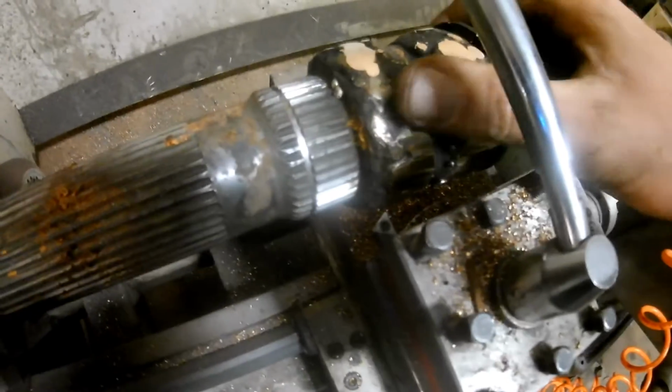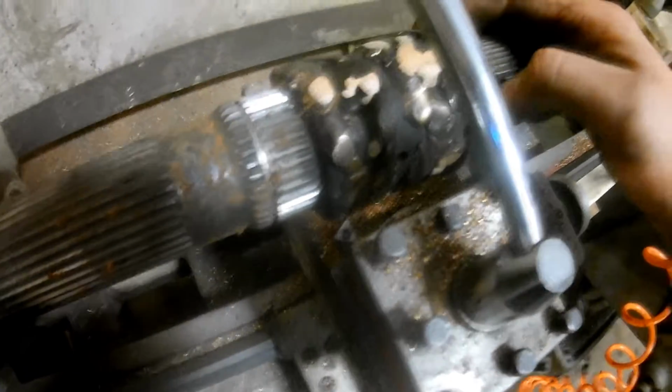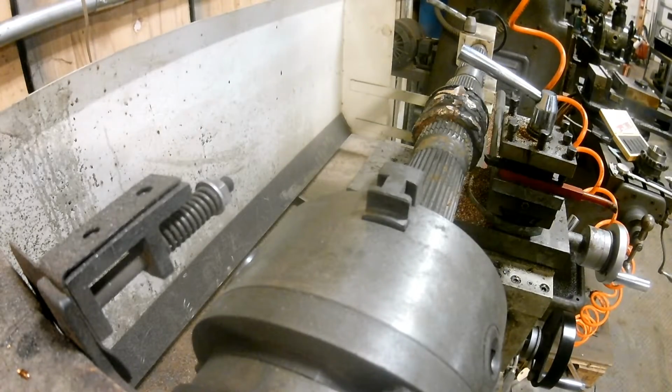As you can see, we already started to turn it down. I thought I had the camera on, but the dang thing died. But caught that it died. We had to switch out our bits anyways to get the point over, so that we could cut up tight to this shoulder. Because otherwise you can see it's kind of tapering down, because with a bit with the angle on the left side like you normally want, I couldn't get in there. So now that we got the camera going again,